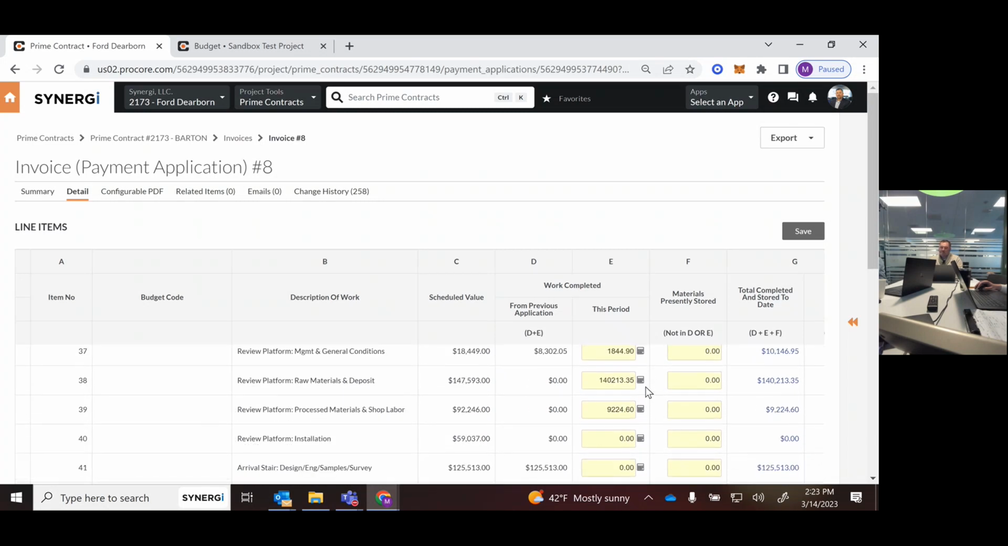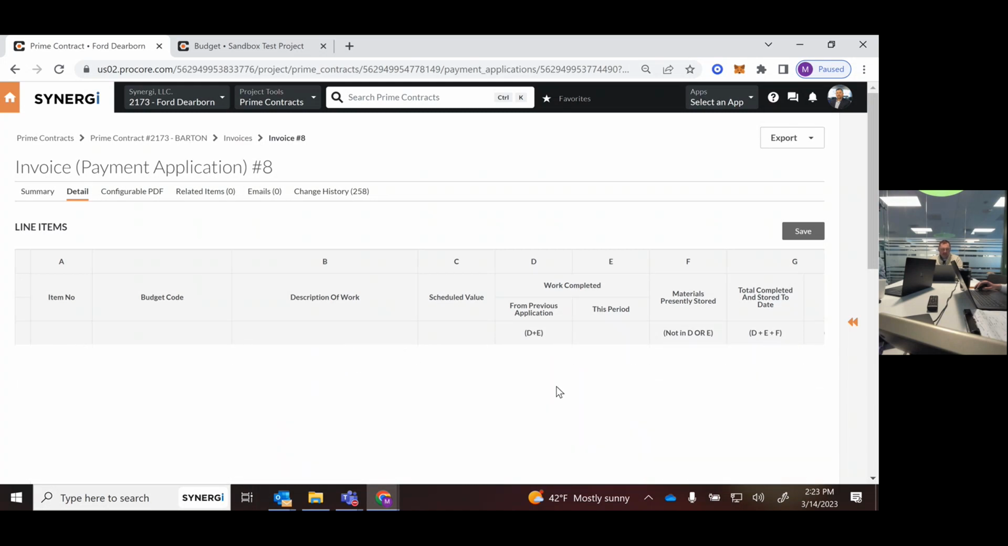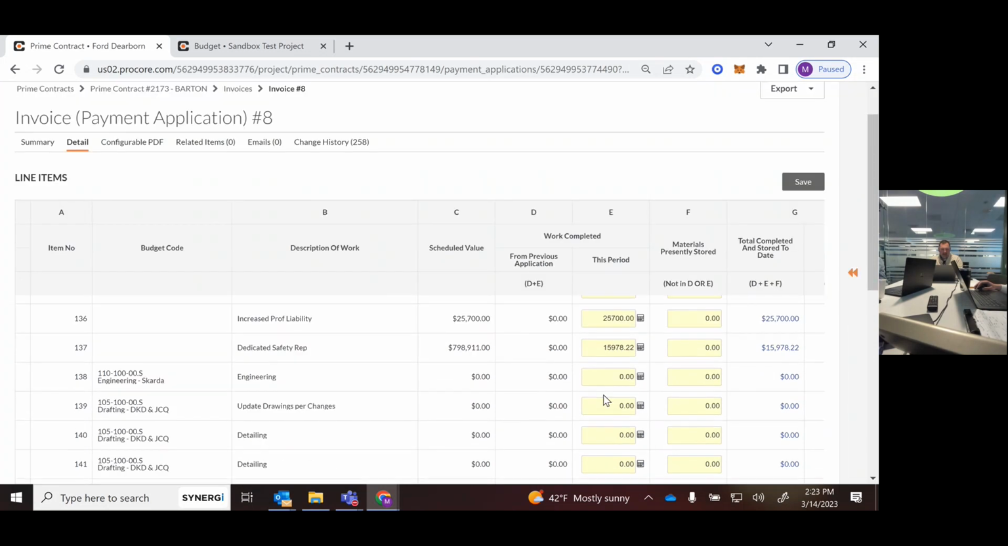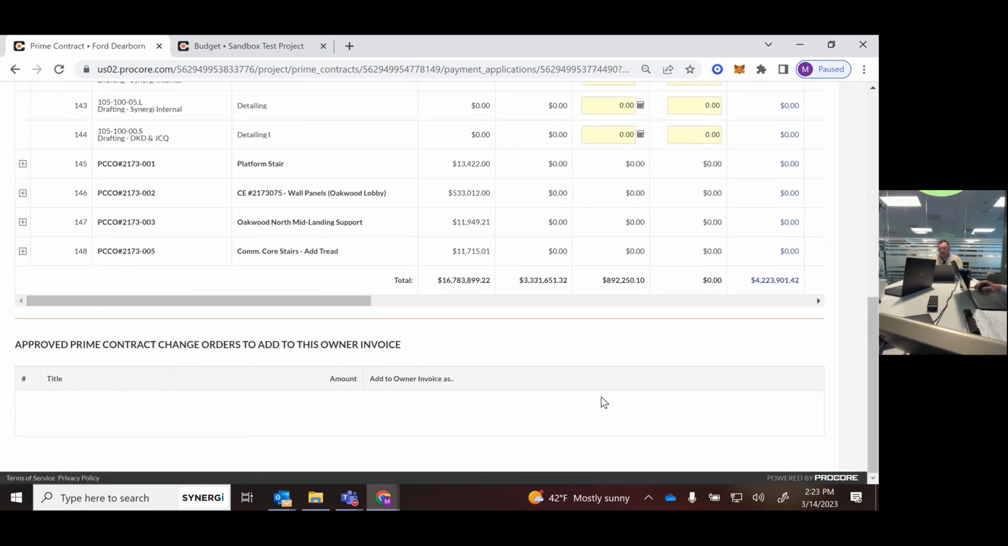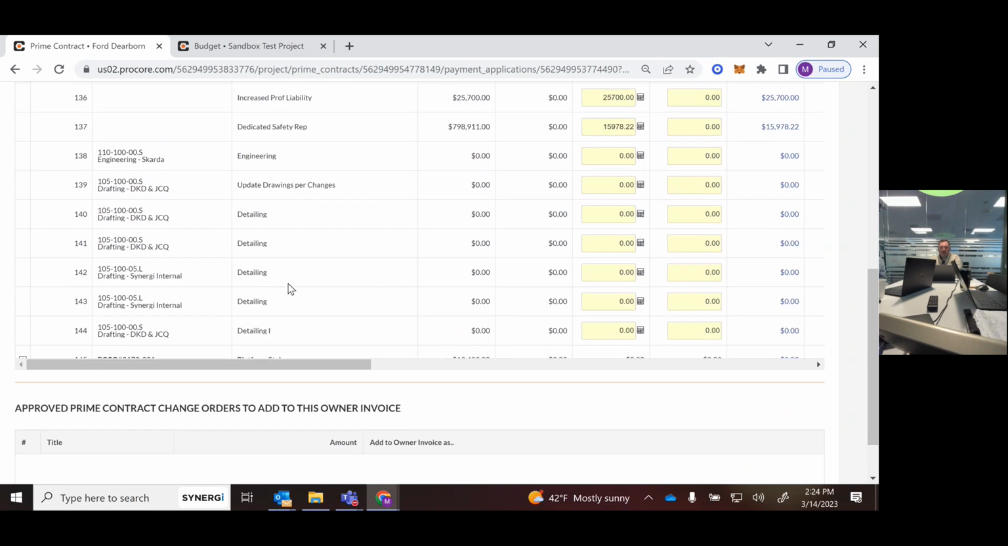So for Ford, this is 200, maybe not quite 200, but there's 148 different line items in the schedule of values. Kyle said it's been taking him a quarter of the time to do a bill inside of Procore than it used to doing it in a spreadsheet. So that's awesome, that's a big save. Now, one thing you'll know,